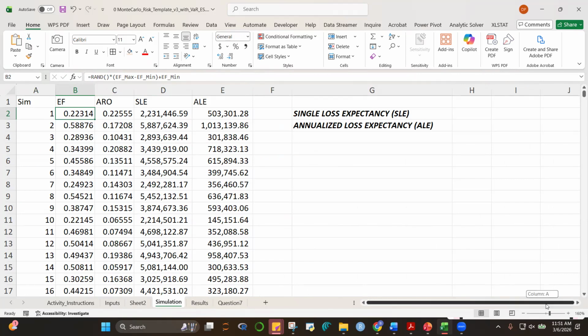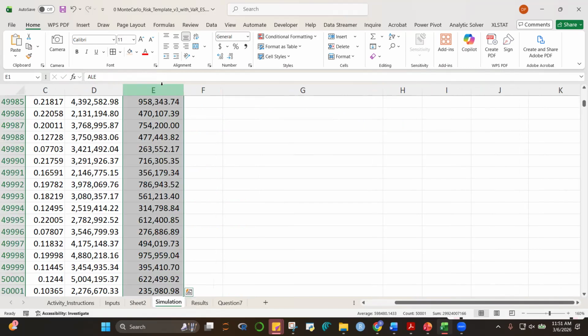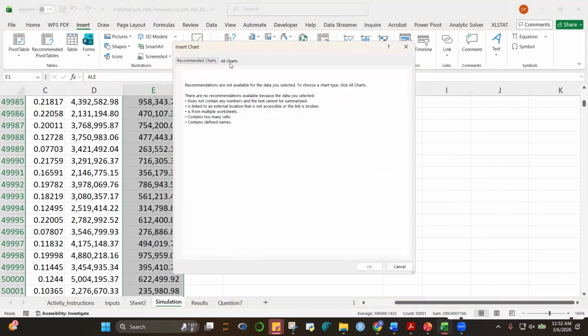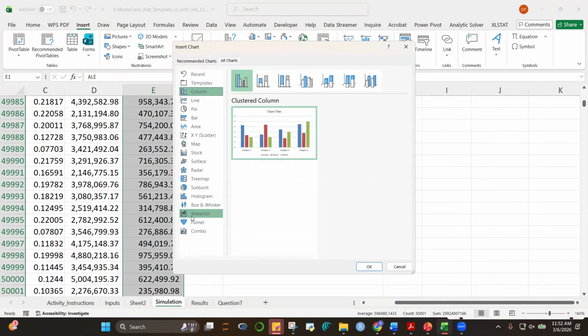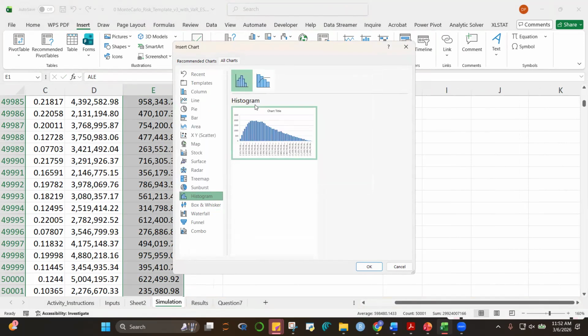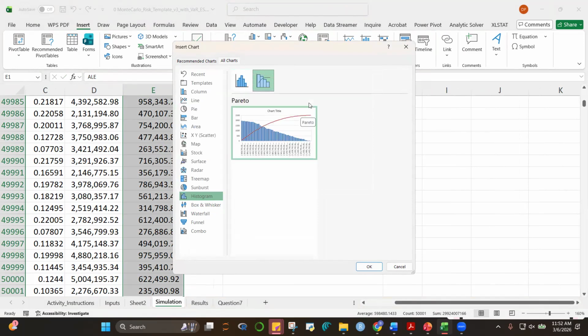And we can easily plot a histogram for this one. Maybe let's highlight this. Control Shift down arrow. And then insert. Let's use a recommended chart. Let's use a histogram. Okay, maybe with the cumulative distribution function. Okay, but the histogram will do.